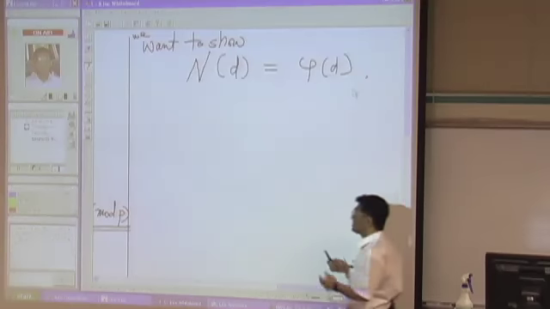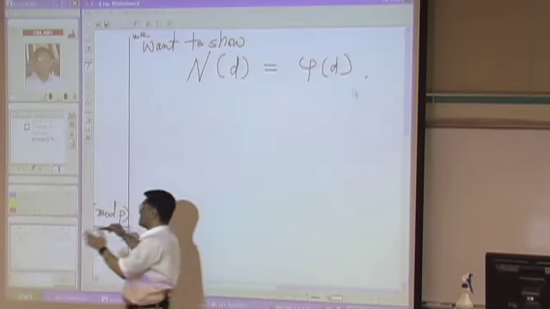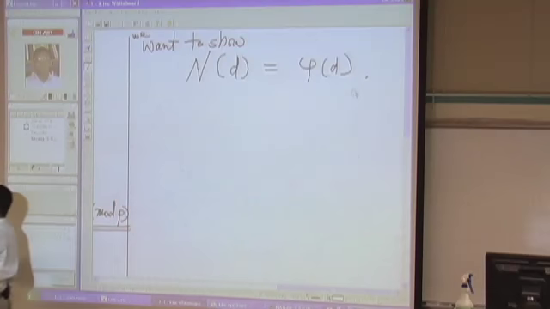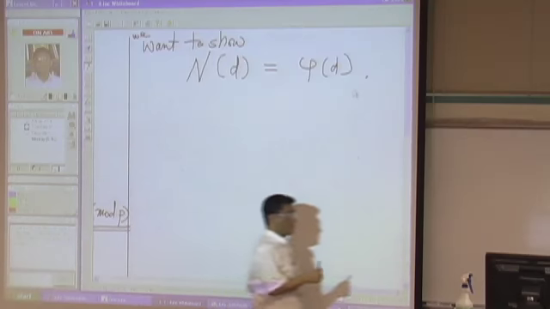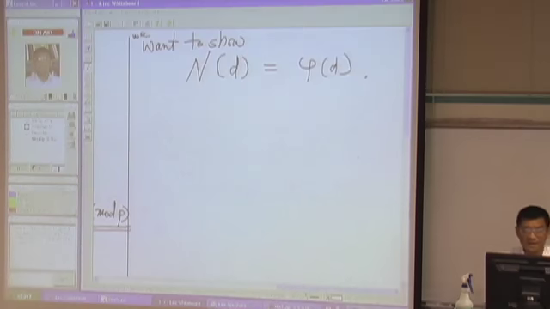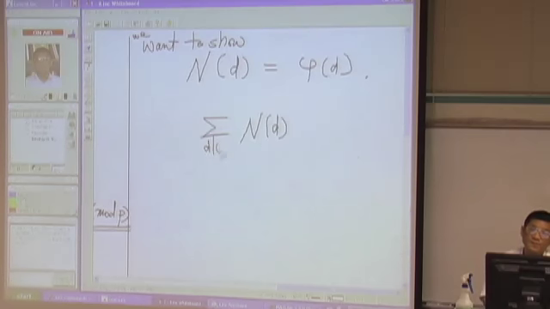In other words, the number of integers having order d is nothing but phi of d under that condition. So we have this situation. If we add n of d for all possible divisors, then if we add all these integers from 1 through p minus 1, there are total p minus 1